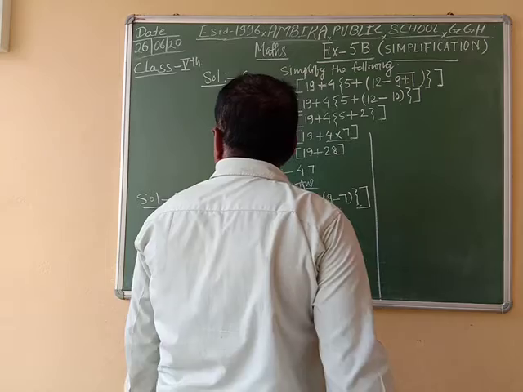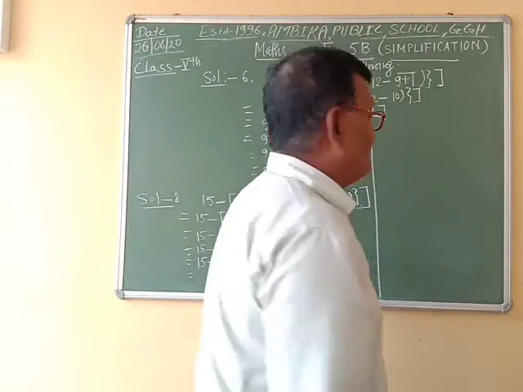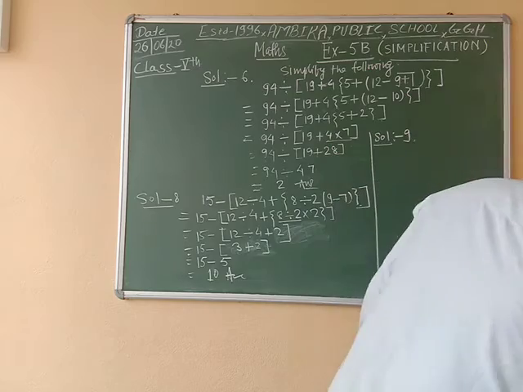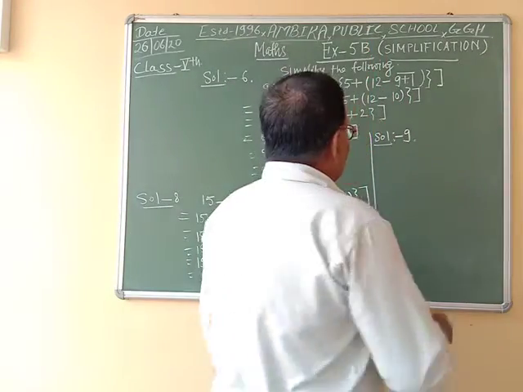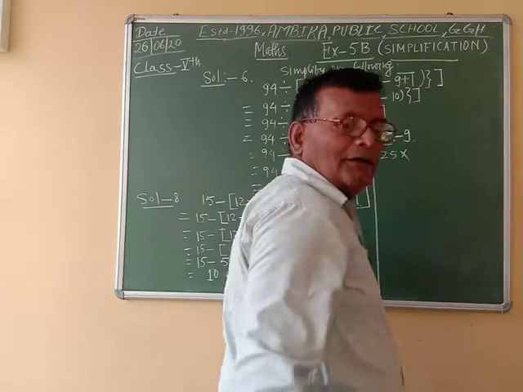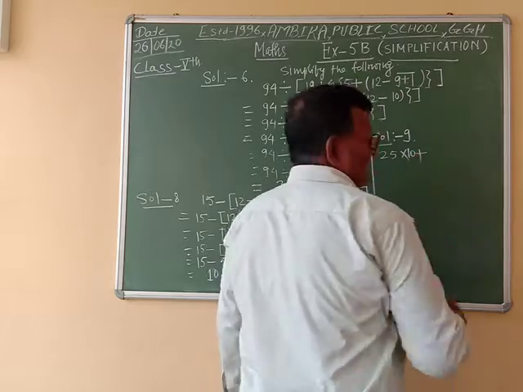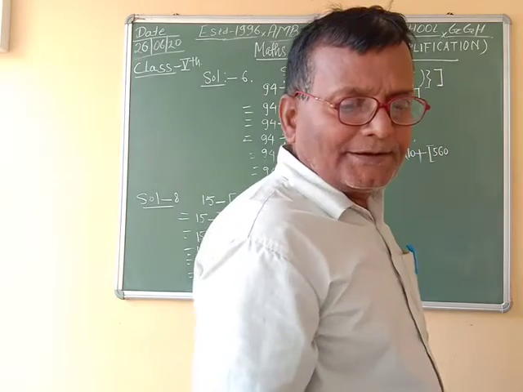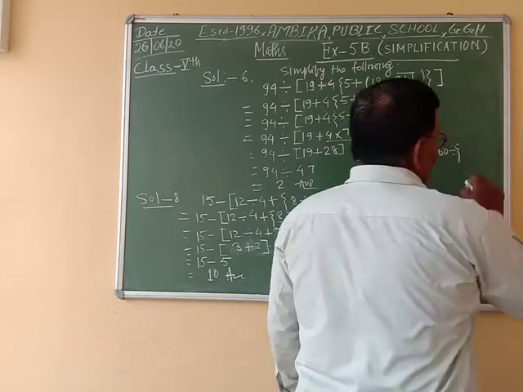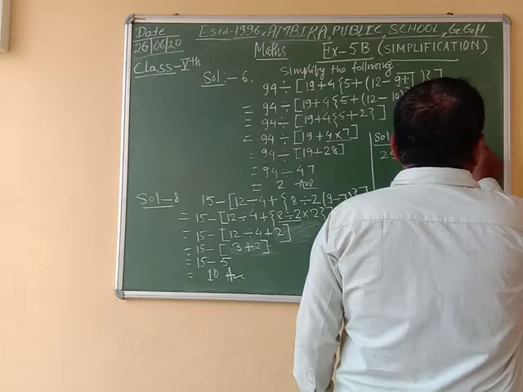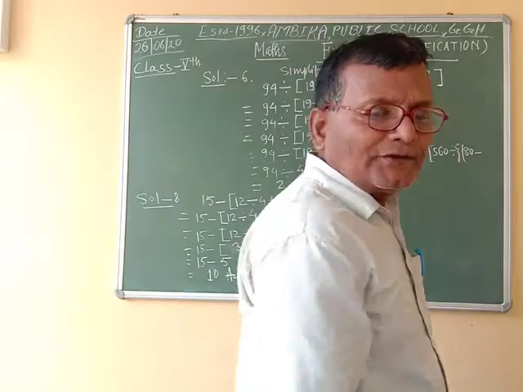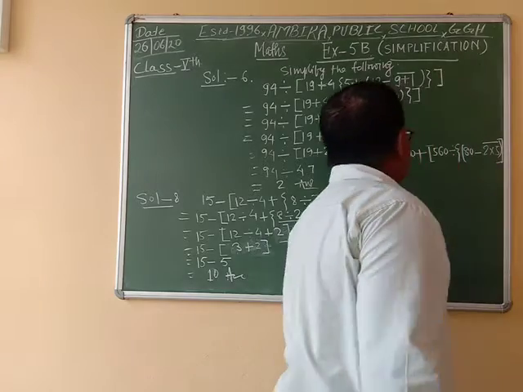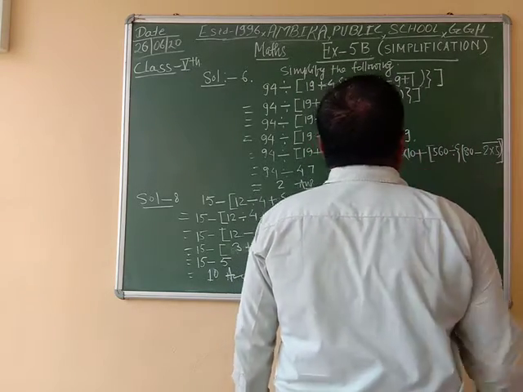Now one more problem I am going to solve. Solution 9. 25 into 10 plus 560 divided by curly bracket starts 80 minus 2 into 5 under one bracket. Is equal to 25 into 10.